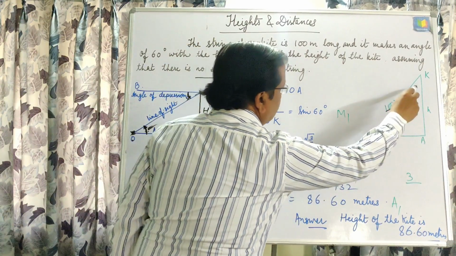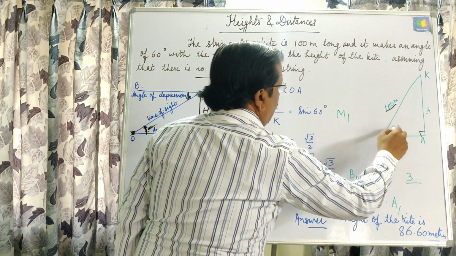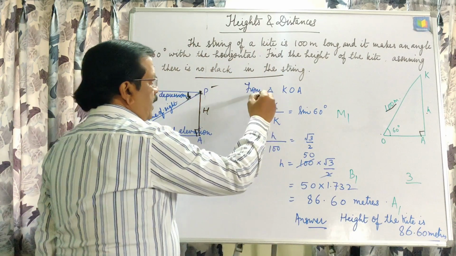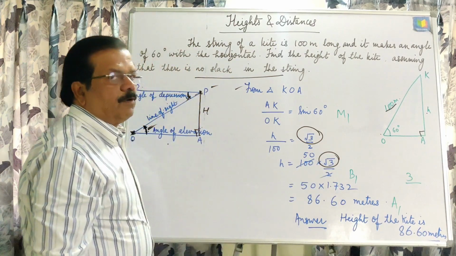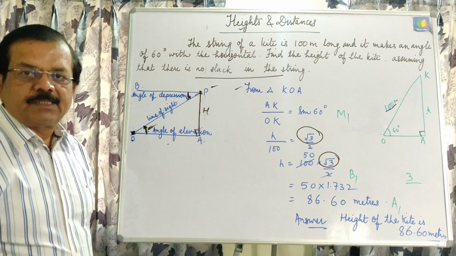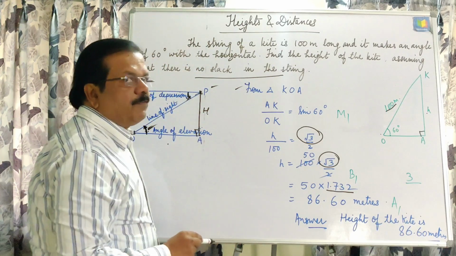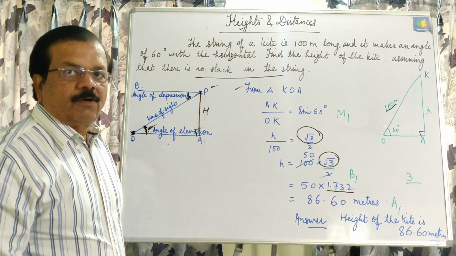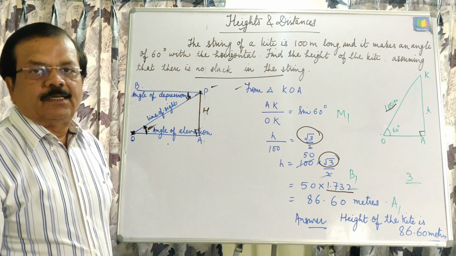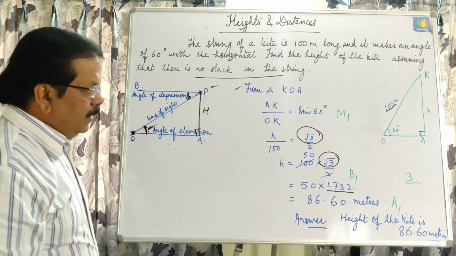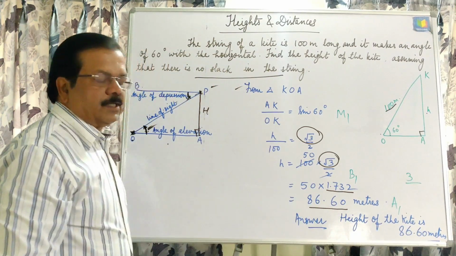And obviously in this right angle triangle we will use the property perpendicular upon hypotenuse is equal to sine 60 degrees, writing this property and then writing the value of root 3 to 3 places of decimal, that is 1.732. Whenever we are writing in a board examination or anywhere we are using a square root value, we must write it to 3 places of decimal. Then at last, according to the question, we should round off to the given value.